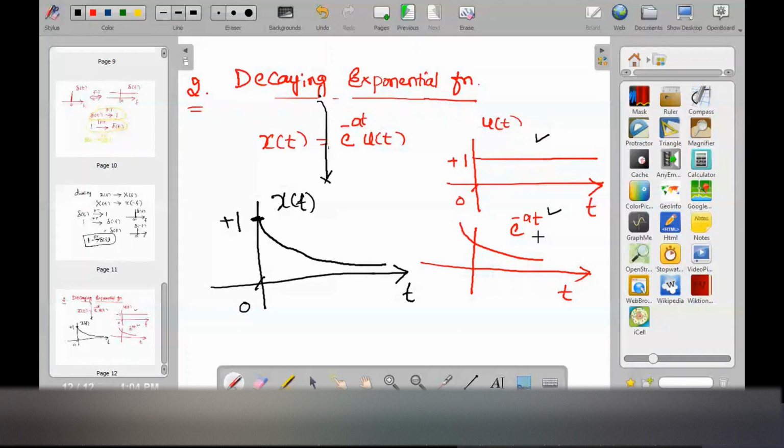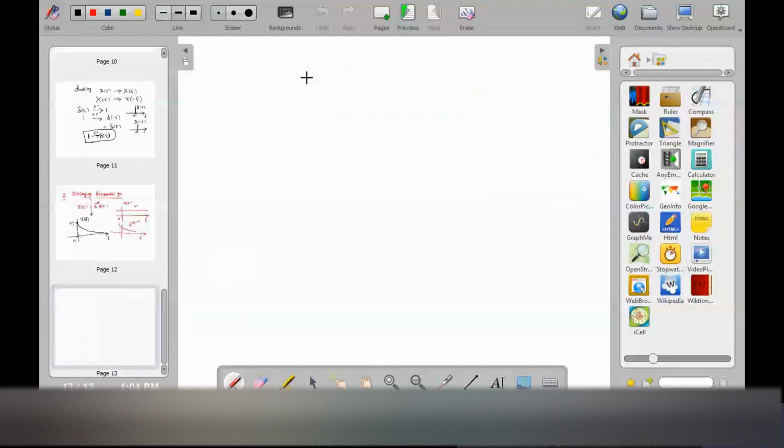Okay, can I go to the next slide? Yes, sir. So let me calculate the Fourier transform. If you want, you can try it on your own, and you can solve this in your notebook. Any corrections you can make later. First, I will take the standard formula for calculating the Fourier transform: X of f equals the integration from minus infinity to plus infinity of x of t into e to the power of minus j 2 pi f t dt.